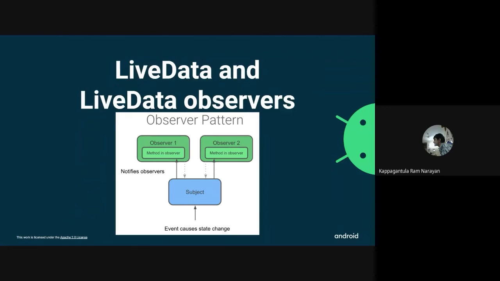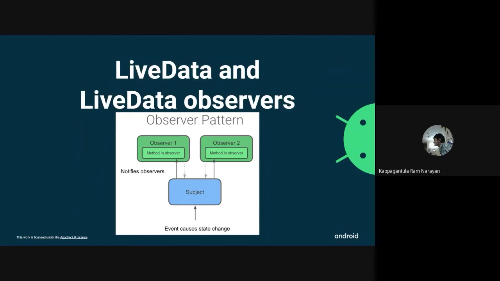And your live data is life cycle aware. So when you attach an observer to the live data object, the observer is associated with a life cycle owner. That is another class, usually an activity or a fragment. So a life cycle owner is usually of the type activity or fragment.